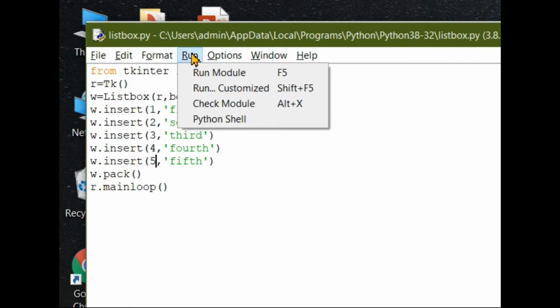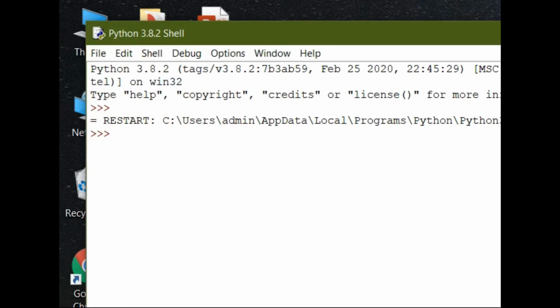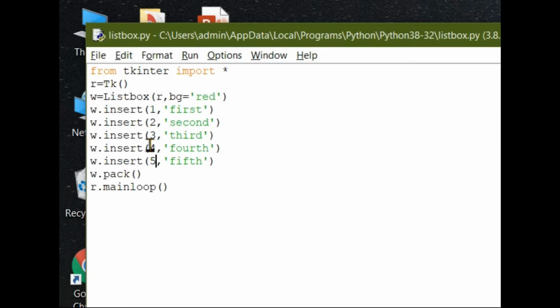Now we will run the module, and here you can see the output: first, second, third, fourth and fifth, with the indexes we have given. Now we will change one index. Here we have changed the fifth item's index to 2, which means the fifth will be shown at index 2, that is from 0, 1 and then 2, so it will appear in the third line.